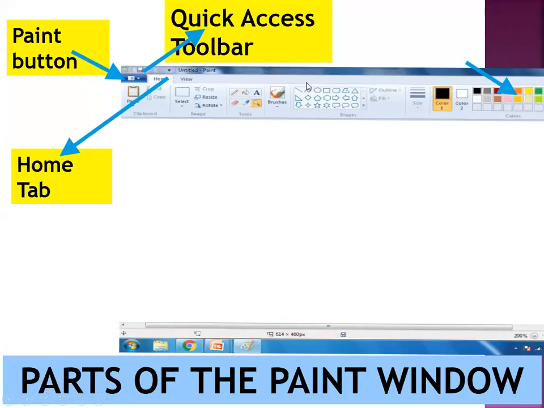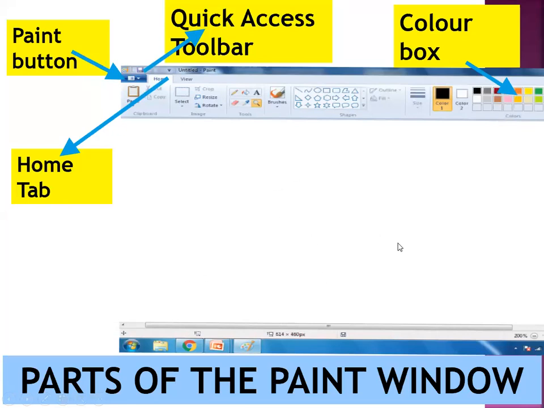The next one is the shapes group. The shapes group provides different shapes. You can insert different shapes through this group. And the next one is the colors group. Here you can color your picture from this color box.